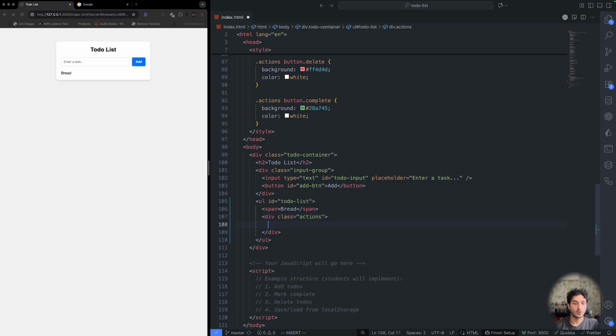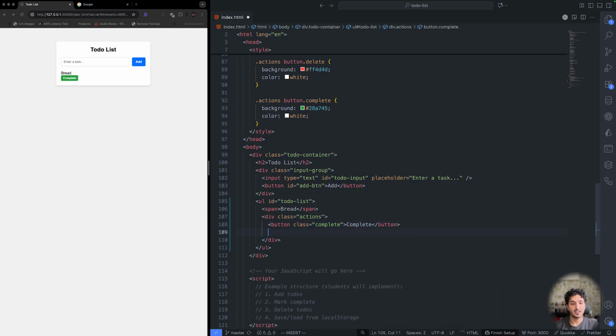Okay, we have to add two buttons. The first one is mark complete, and the second one is another button called delete in here. Okay, save this, and I kind of want to make it inline, or no, I can do that inline, but